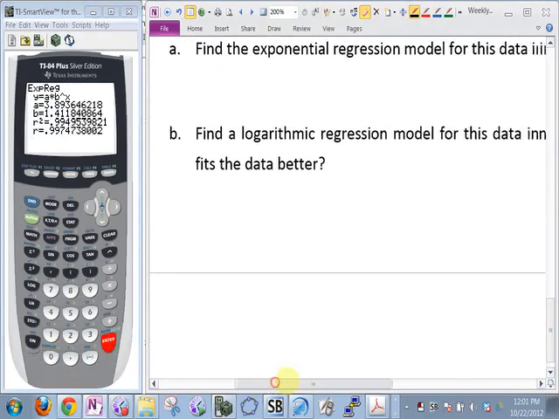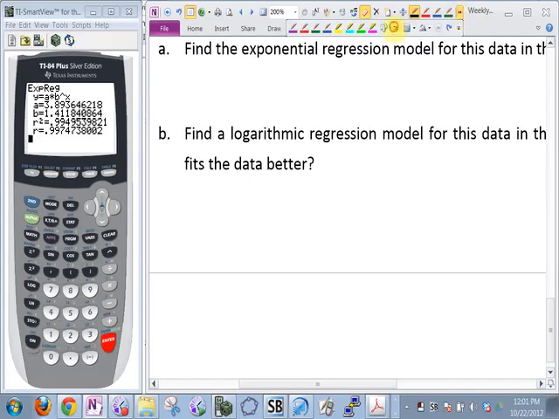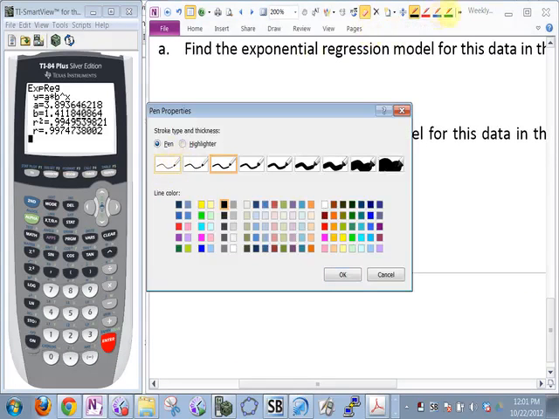How many of you were tricked? I wasn't tricked, but I just